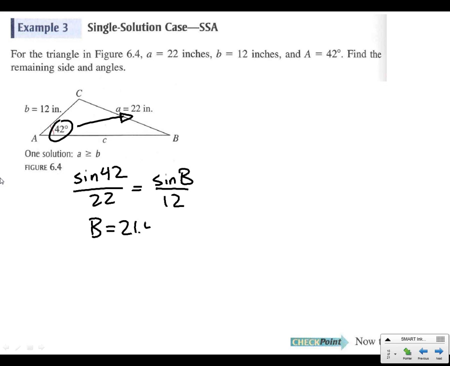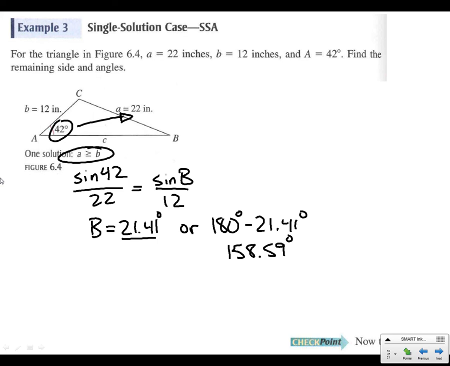equals 21.41 degrees. Here's what you're going to do to figure out if there's one or two solutions, not memorizing this. If you memorize this, that's fine. There's just going to be one solution. Here's the other way to do it. Put in 180 degrees minus whatever you got here. 180 degrees minus 21.41 degrees. That ends up being